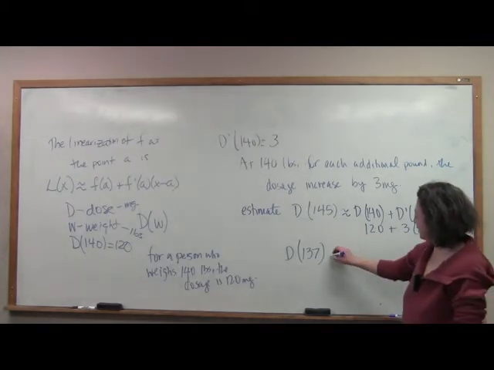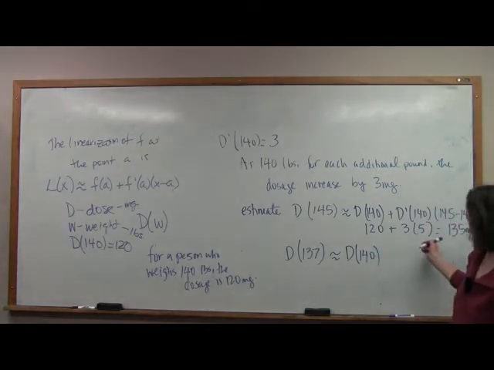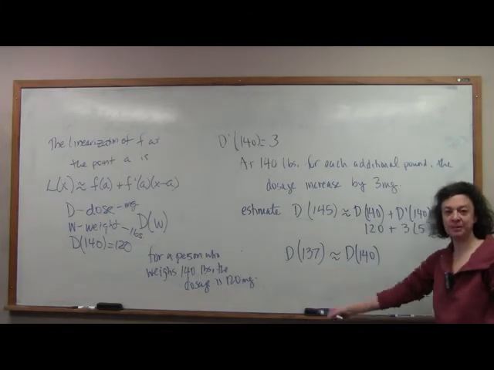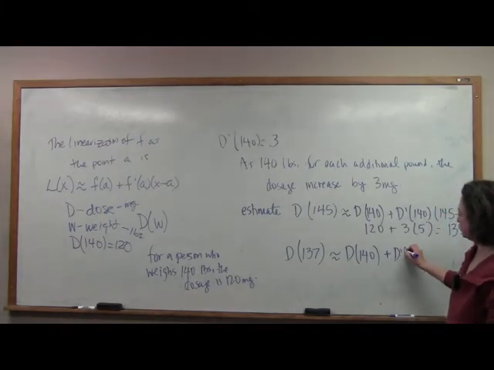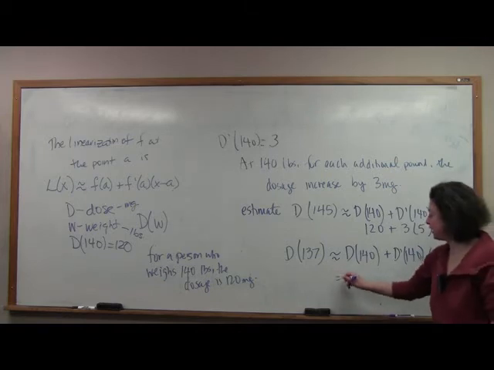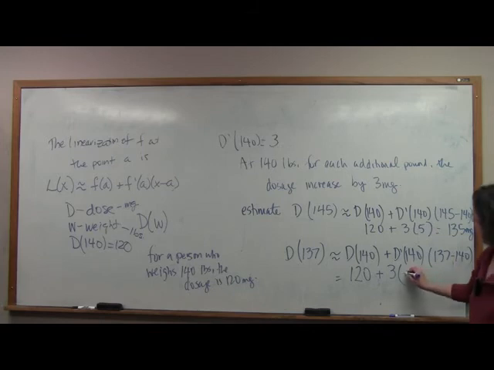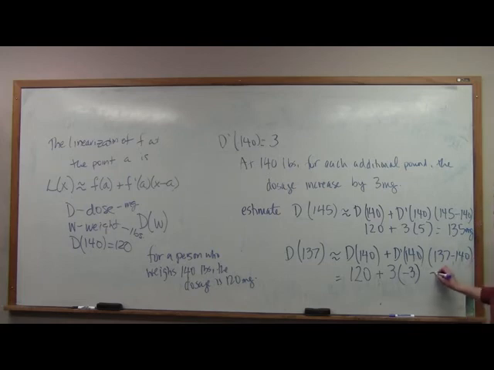All right, now let's do this one. Well, again, we've got the information for 140, and yes, we have an estimation for 145, but we want to go as close as we can to our value. So we have that's approximately D of 140 plus D prime of 140 times 137 minus 140. So here we have 120. My derivative is 3, and 137 minus 140 is negative 3. So this is equal to 111